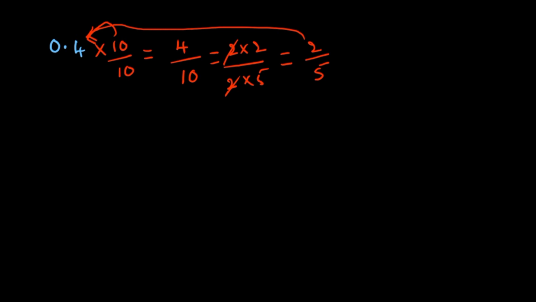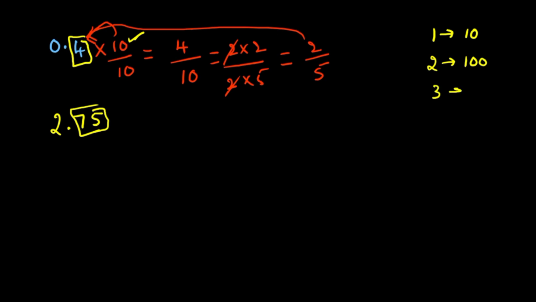We should discuss one more example, that is, I am going to take now 2.75. How can 2.75 be written in fraction form? The same model you can observe here. Here we have 1 digit before the point, so we multiply numerator and denominator by 10. If you have 1 digit before the point, you multiply by 10. If you have 2 digits before the point, you multiply by 100, that is 2 zeros. When you have 3 digits before the point, you multiply by 1000 because of 3 zeros. Similarly, if 4 digits before the point, you multiply by 10,000 because 10,000 has 4 zeros.